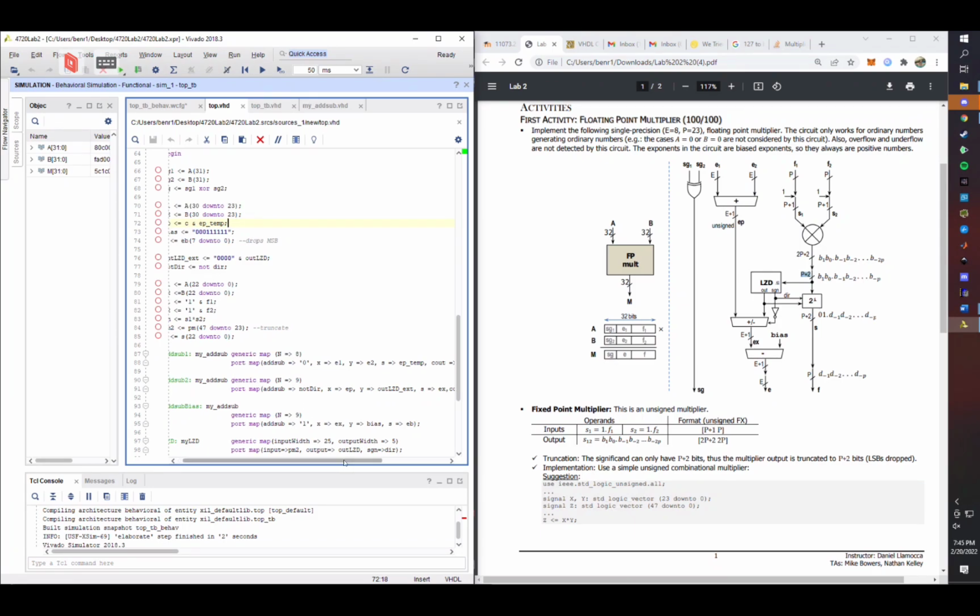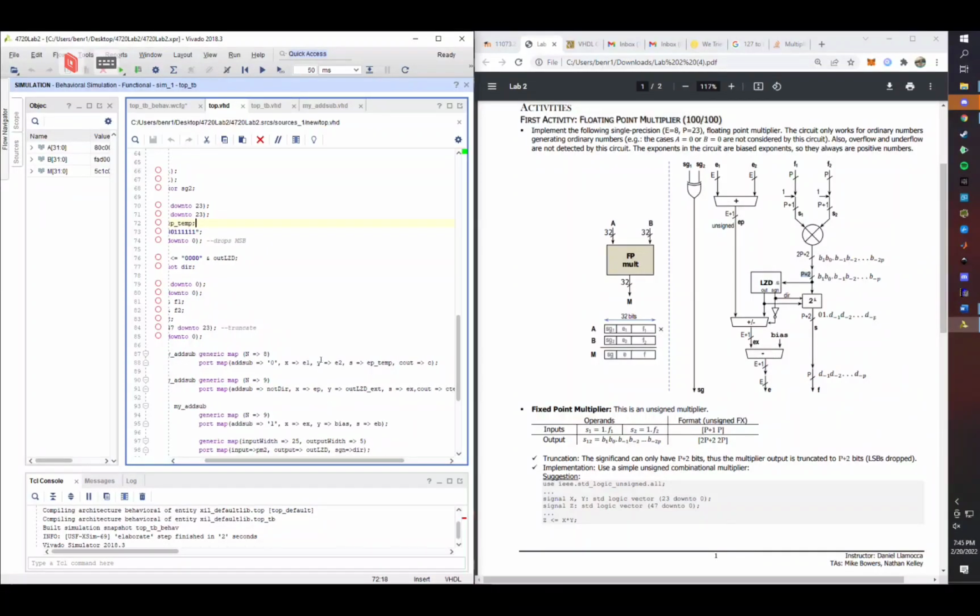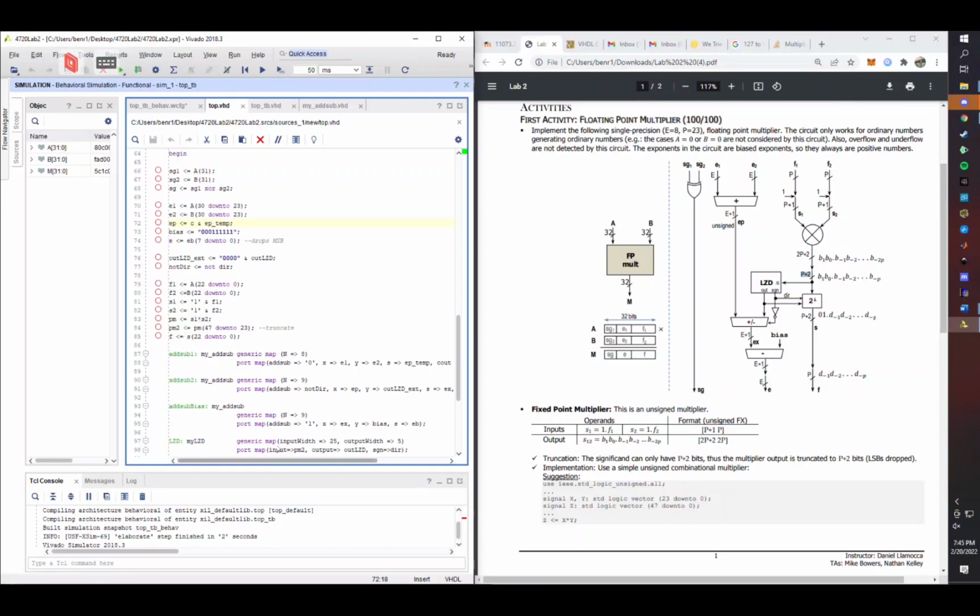What I do is I add E1 and E2, so the exponent of A and exponent of B, and I actually take the carryout, and then I add it onto the front of the EP value. So I have to use a temporary value for the output there, and then I get my correct EP value by concatenating, I think the word is, C and EP